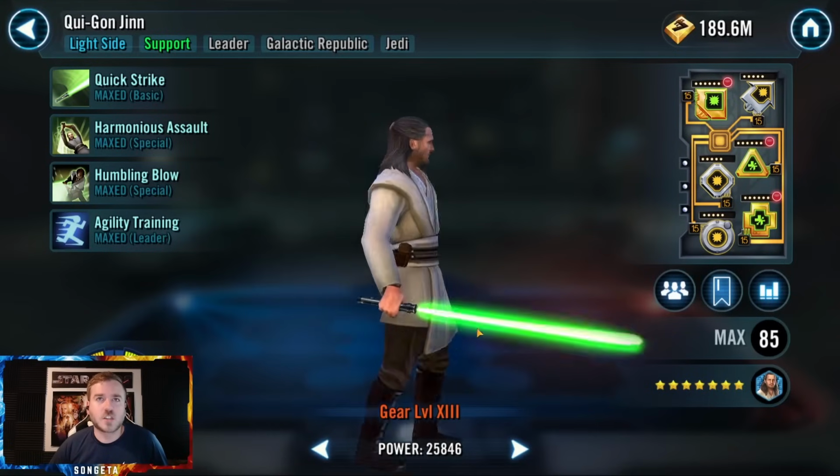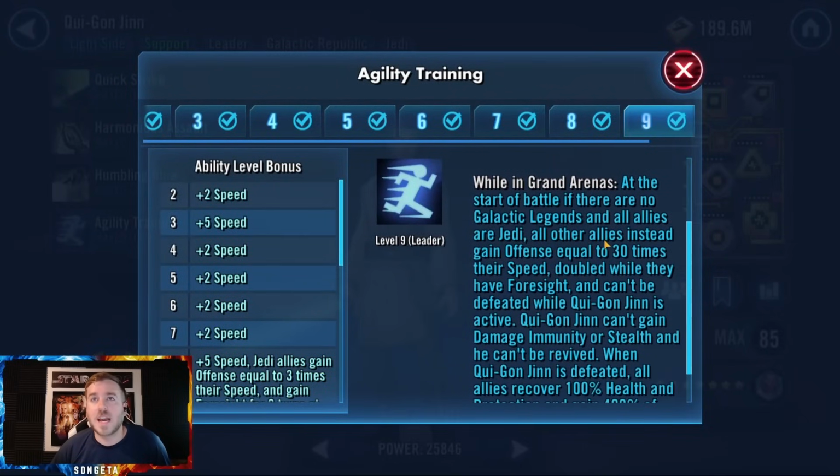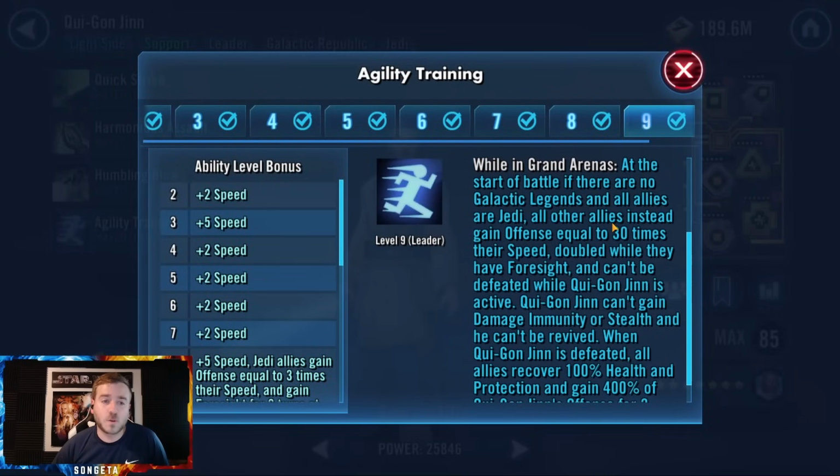A great place to start is Qui-Gon Jinn, and he has a Grand Arena Omicron, which I think is the most important, but in reality for a newer player, you're not going to access Grand Arena until level 85. So if you're under 85 and you really want to apply an Omicron, maybe go for one of the Territory War Omicrons I'm going to be talking about. This Omicron scales very easily, even at a very low gear level. You just need to make sure you have good mods, because he gives his whole Jedi team, you want full Galactic Republic too if you can,